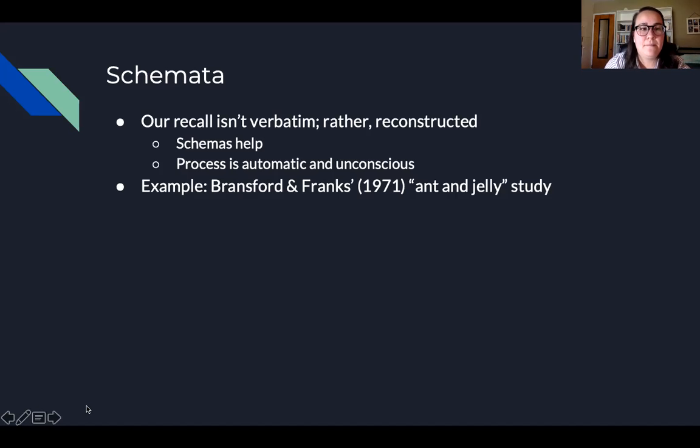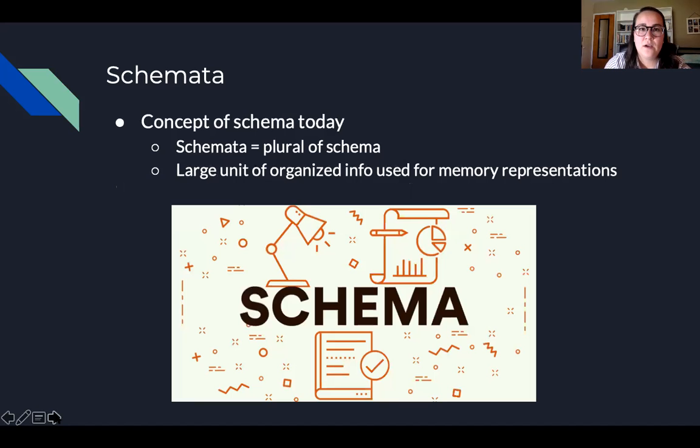And so Bartlett's work, unfortunately, went sort of unnoticed and unappreciated until the cognitive revolution of the 50s and the 60s. And so today, when we use the word schema, we usually use it in reference to something that's larger than just an individual concept. And so schemata, which is the plural of schema,